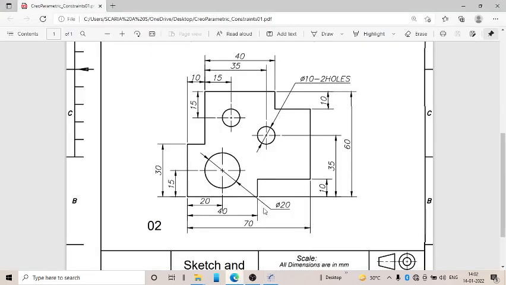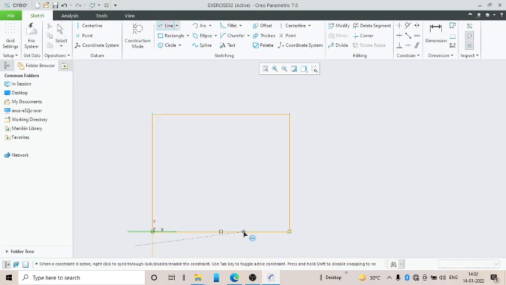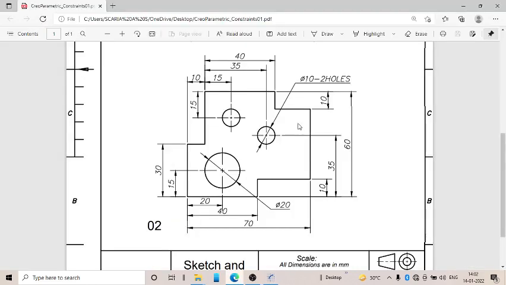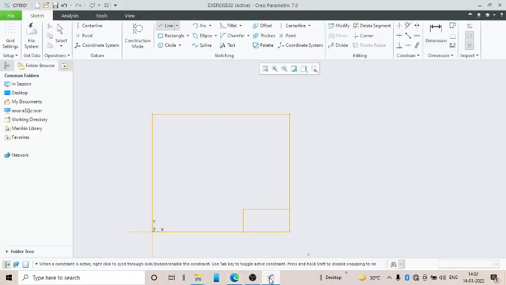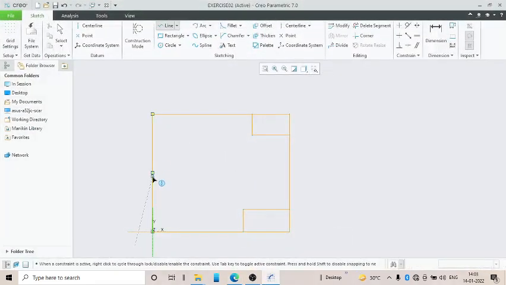Now we have to remove this portion and these 3 portions. How can we do that? You can draw lines. Let us draw lines one by one. Here one line and here another one more. Then one more is here.